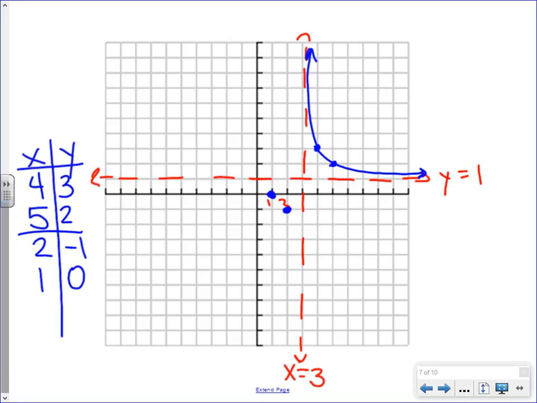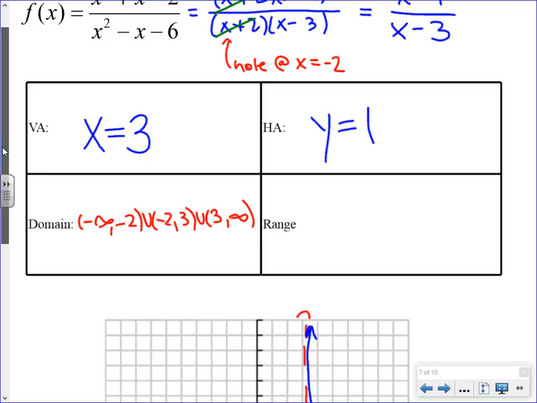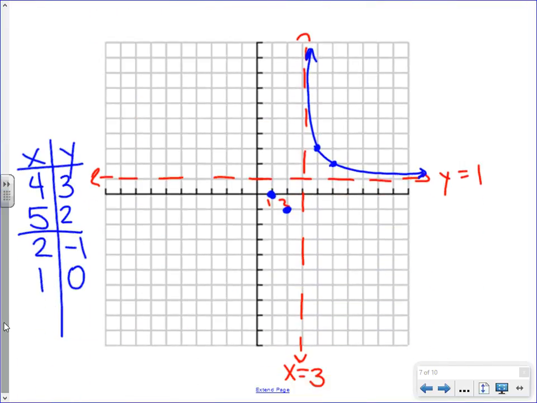Okay. Now don't get too excited with your curve, because what did we say? We are going to have a hole at x equals negative 2. So what we need to do is plug in negative 2 to our simplified function to see where that hole is. When we plug in negative 2 to the x minus 1 over x minus 3, what do we get? 3/5. So at negative 2, 3/5,